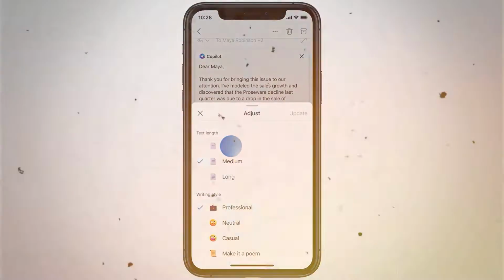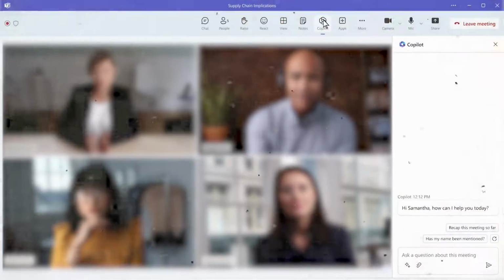You can also use Microsoft Copilot to schedule meetings or appointments, finding the best time and date for everyone involved. In Teams, the user can use Microsoft Copilot to stay on top of meetings, and can ask